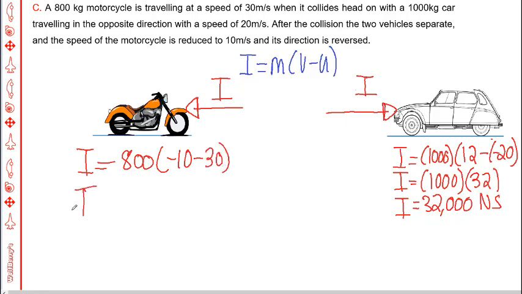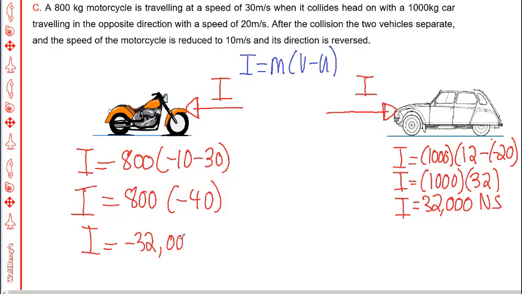Now, once you plug those values in, minus 10 minus 30 is minus 40, multiplied by 800. 8 times 4 is 32, you have a minus as well, so minus 32, and you have 3 zeros, so